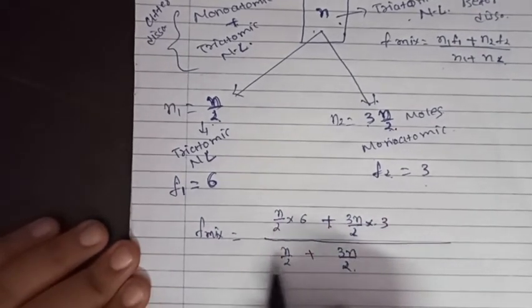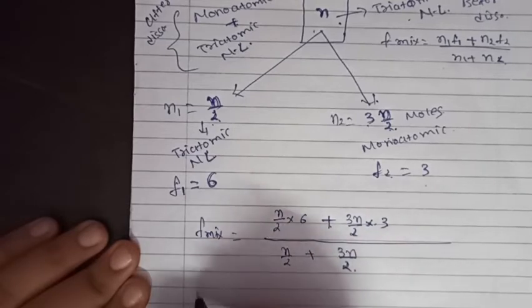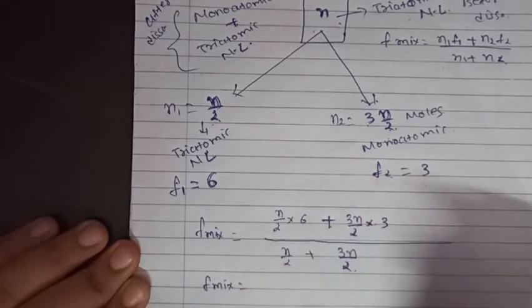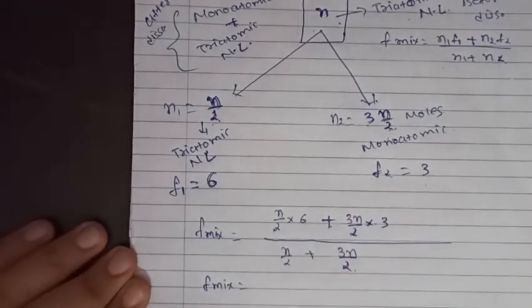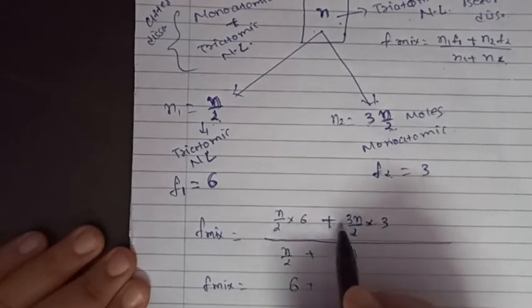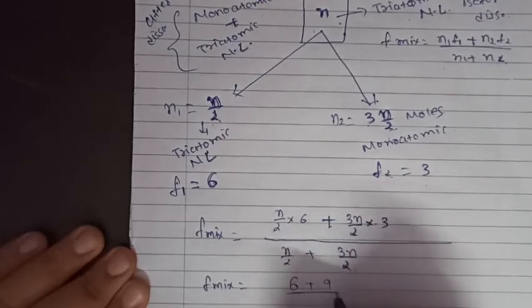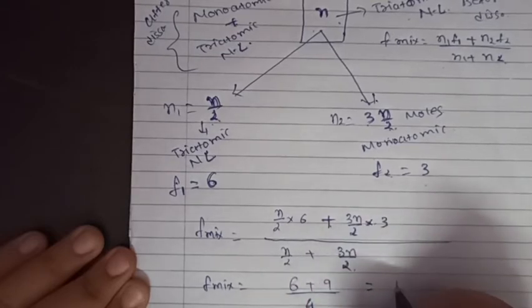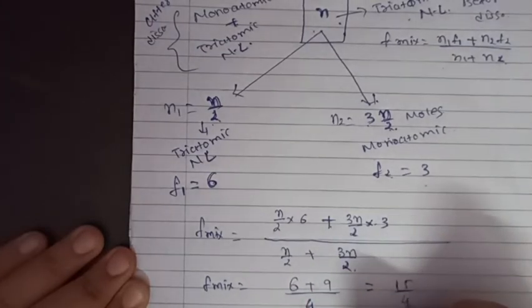Taking 1 by 2 common from numerator and denominator, we can write F mixture is equal to, we can take N also common, so we will take N by 2 common. So 6 plus 3 into 3, 9 divided by 3 plus 1, 4. That will be 15 by 4,